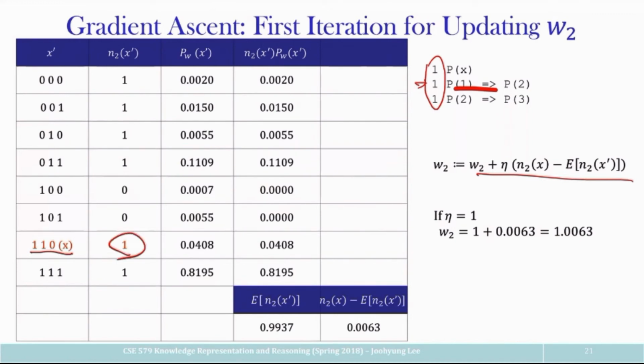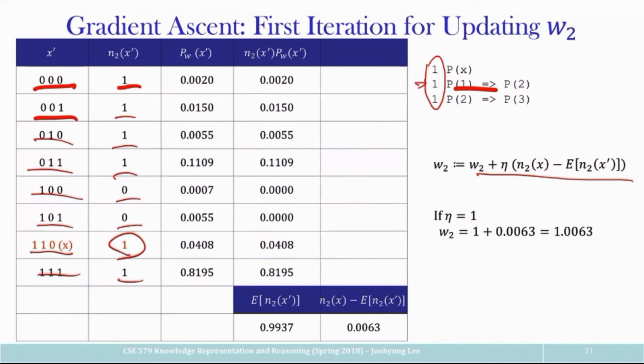But you can also repeat this with respect to all other interpretations, and each of them will give whether it satisfies the formula or not. If it is satisfied, it gives 1. Otherwise, it gives the value 0. And besides, you can also compute the probability of having that interpretation under the current weight, which is the third column that you see. And then you can compute the expected number of ground formulas that are being true. And that gives me